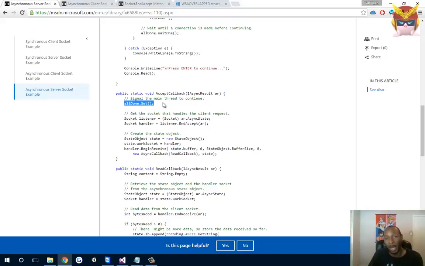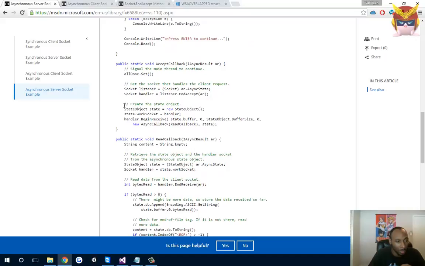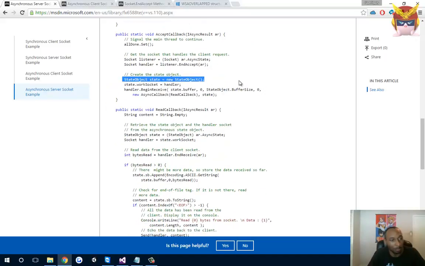We'll let the listener know we got a connection. You can keep going and start accepting another connection. Then we have our socket listener that we're grabbing from the async state of the async result, which is passed right here. Then we create our state object, which will hold the accepted client,